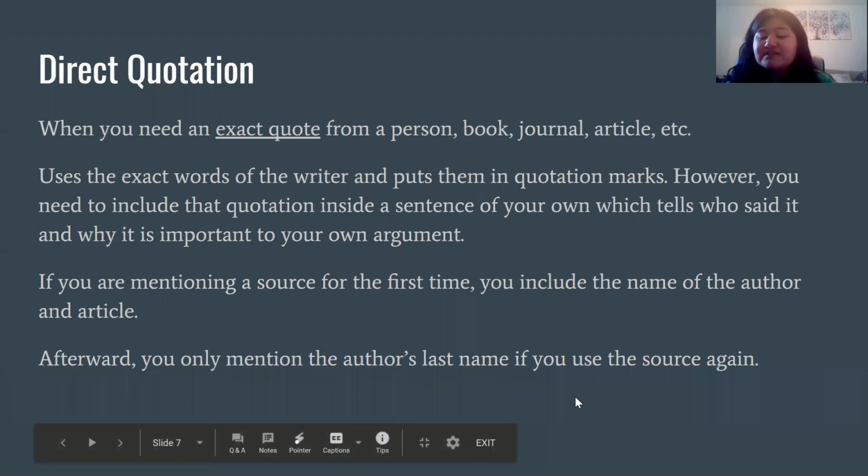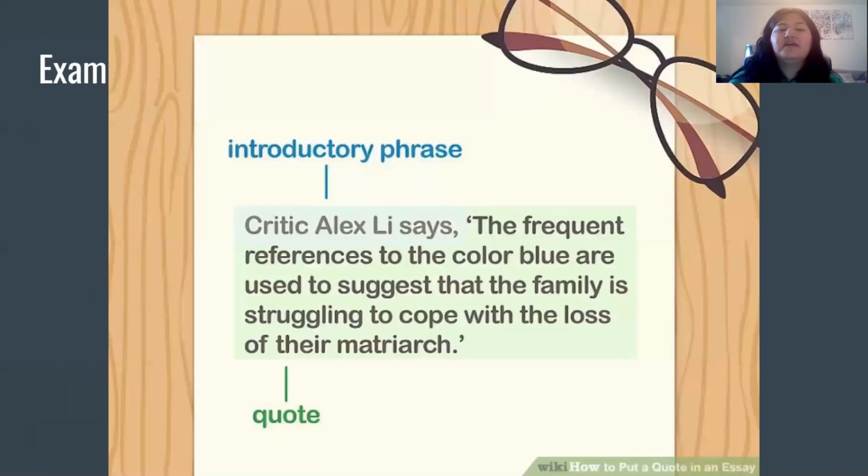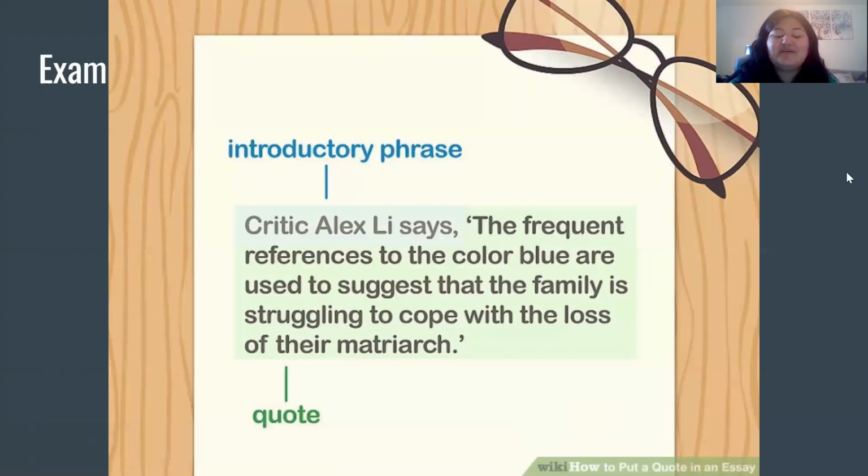So my last name is Flores. So at the beginning, you could say, author Leslie Flores from her book Gear Up 101 states, "Wow, it's a beautiful day." But later, you could just say Flores states, and so on. That makes sense. So an example, I know that got cut off there and it says exam. No, there's not an exam. It was just example.